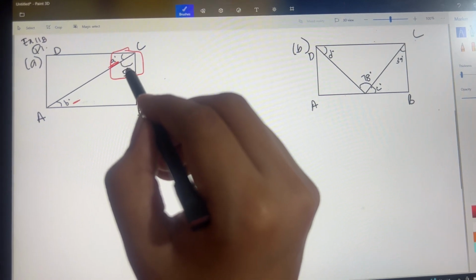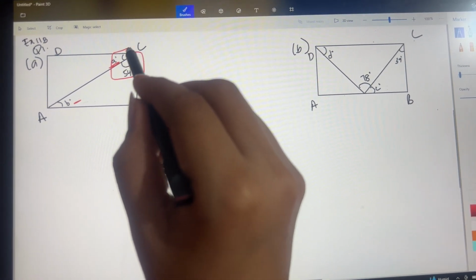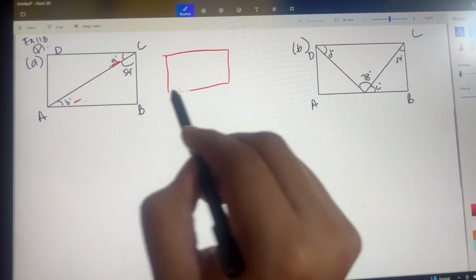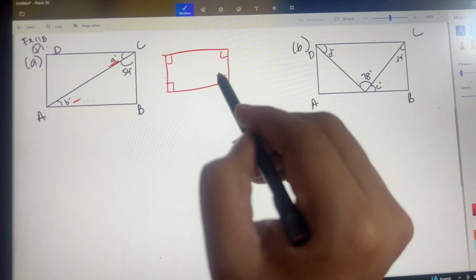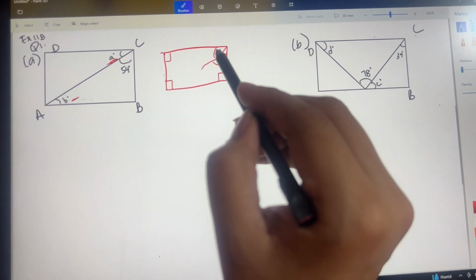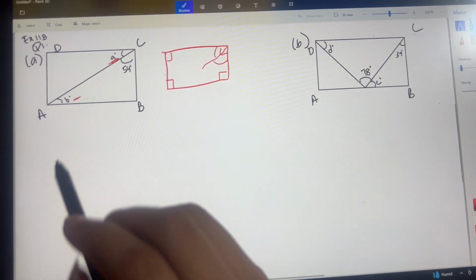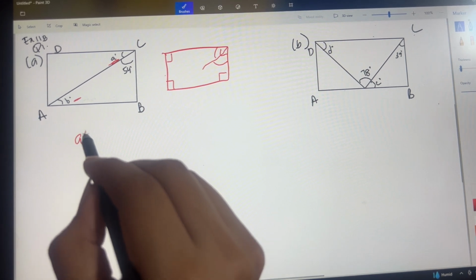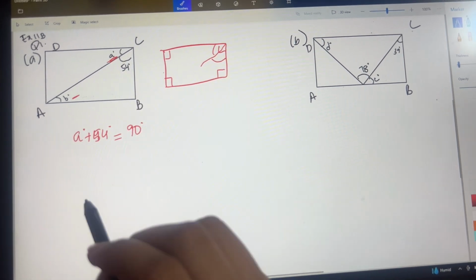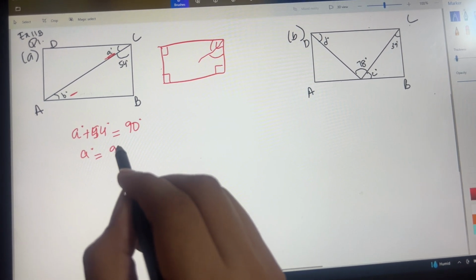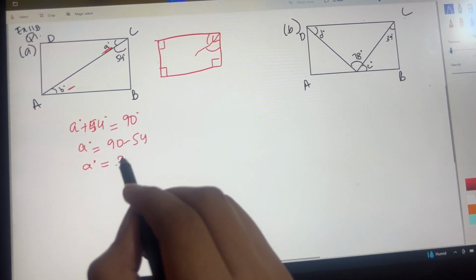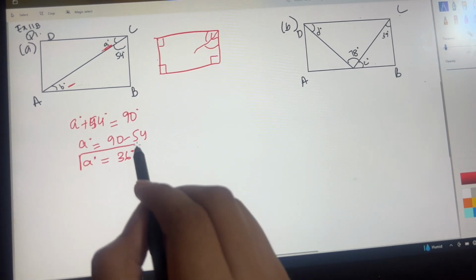When it is divided into two parts, how much is the whole angle? If you remember, I have told you before that if it is a simple rectangle, then all the angles are equal to 90 degrees. When all the angles are equal to 90 degrees and some angle is divided into two parts, when we add both of them it will be equal to 90 degrees. So similarly here you will say A plus 54 equals to 90 degree because it is a complementary angle. So A is equals to 90 minus 54. When you subtract 54 from 90, your answer will be 36. Okay, so the value of A is 36.